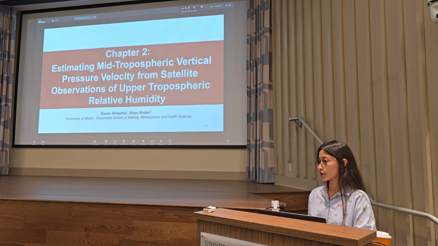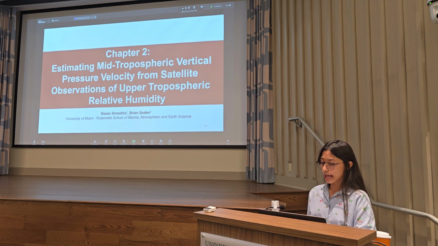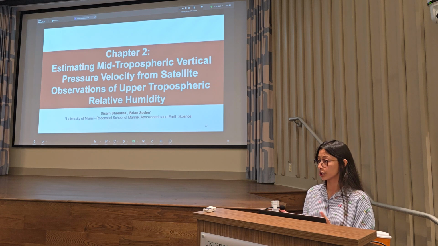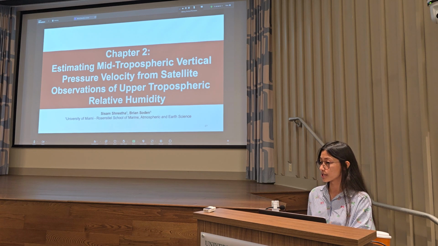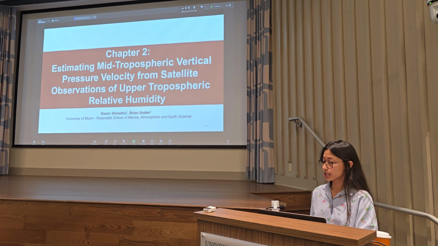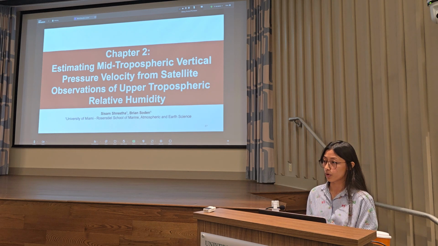used cloud observations over ocean from the ISCCP project, which only begins from the year 1982, thus having a smaller spatial resolution. Whereas for this specific chapter, we take that work a step further and we use observations from the HIRS instrument on board NOAA's polar orbiting satellites, which provides us with a near complete global observation and starts from 1979. So a larger spatial coverage and also a longer temporal scale.